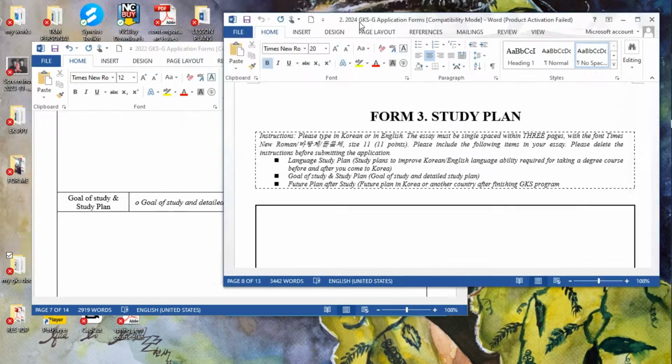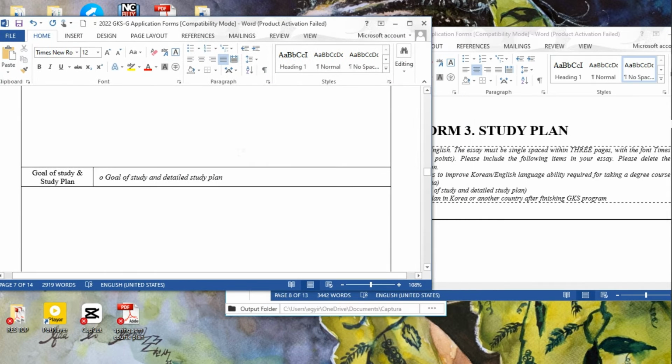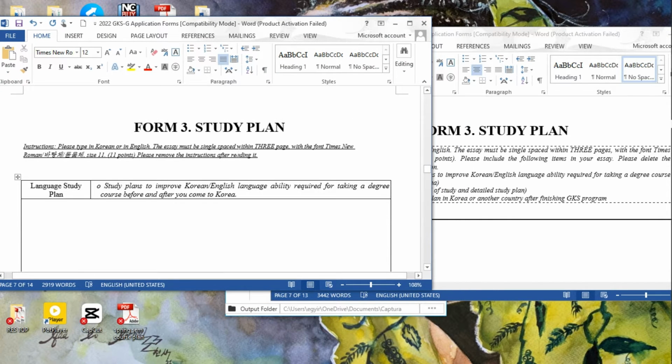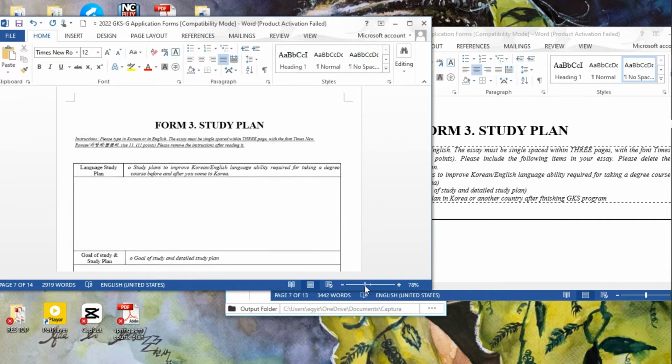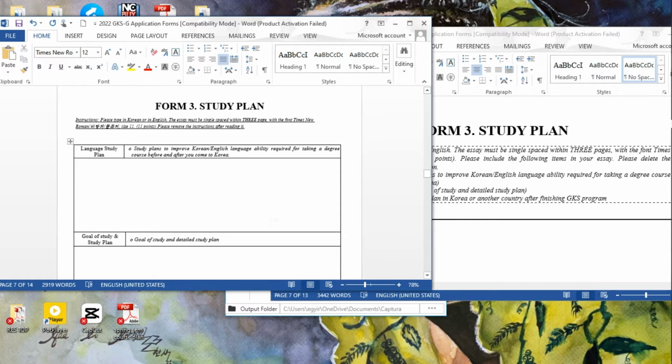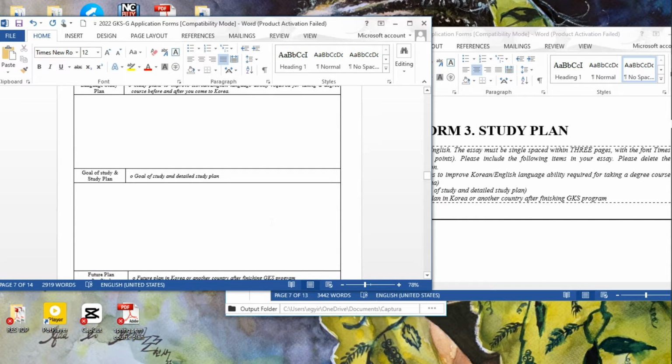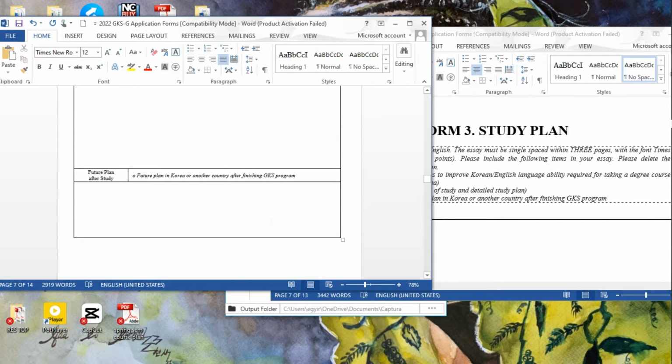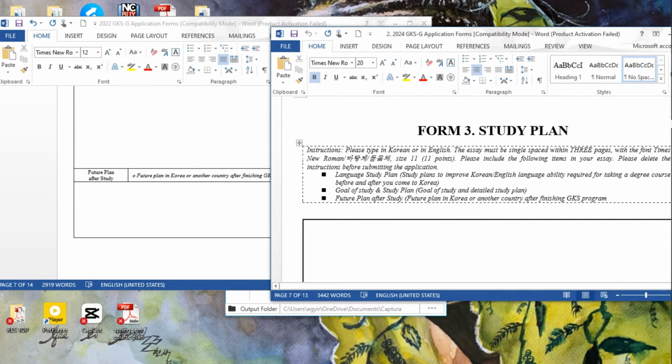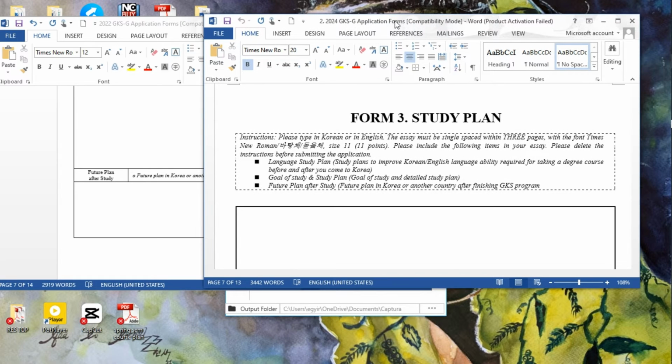For the time that I applied, they separated the language study plan and your study plan for your master's degree or PhD. The future plan after study was the last portion of the essay. However, for the 2024 application form, everything is together here, as you can see: language study plan, goal of study, future plan after study.